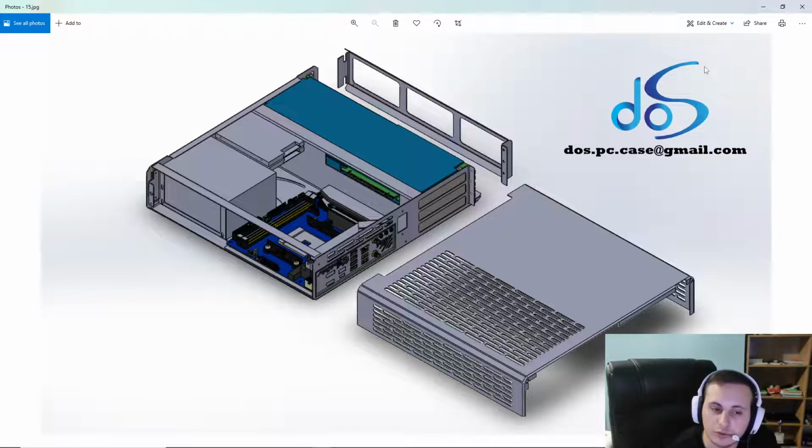You might not be able to put Ryzen Epic or a very high grade CPU. And even if you manage to put a CPU that's like 24 cores, 64 cores, or anything of that sort, you're probably gonna run into cooling problems because this case allows for 58 millimeters of clearance, and within that clearance, what you can get is about 150 watts of cooling performance, but that should be very capable and very manageable up to Intel's 12th generation, let's say